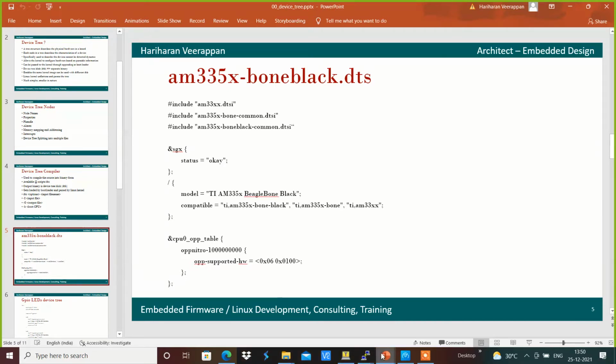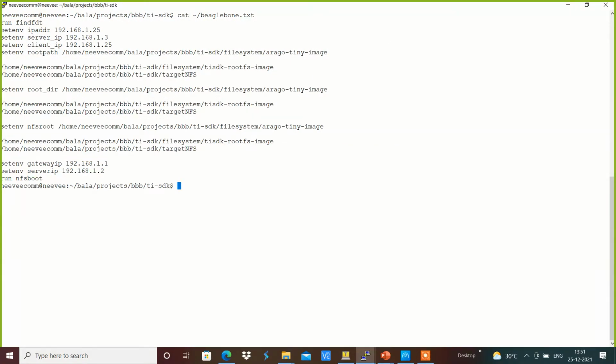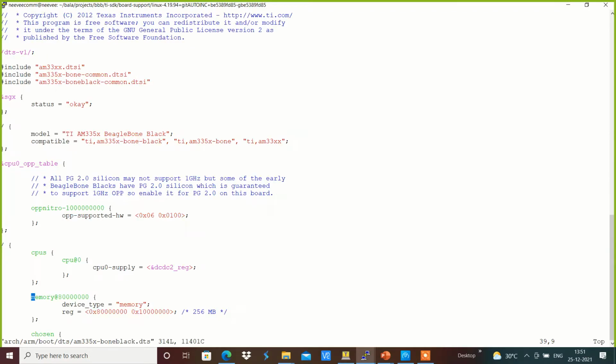For example, in the board support Linux directory, arch/arm/boot/dts, I have the am335x-boneblack.dts file, which contains the basic configuration of the device tree which I'm going to use.